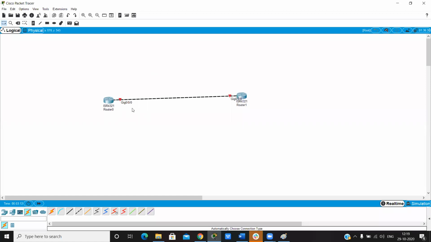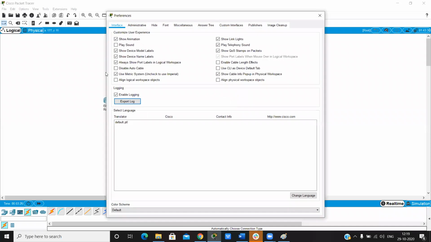When you use Cisco Packet Tracer for the first time, the port labels will not show here. So go to options and then preferences and select always show port labels in logical workspace.